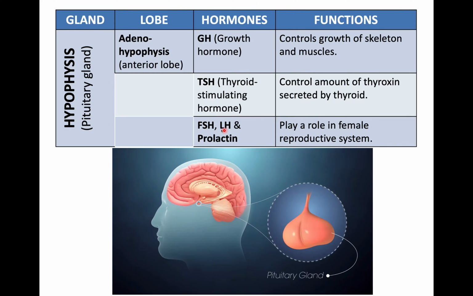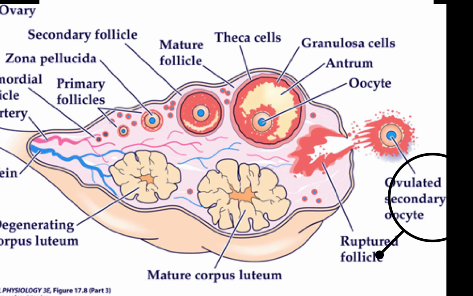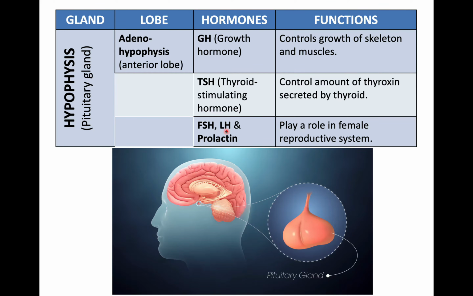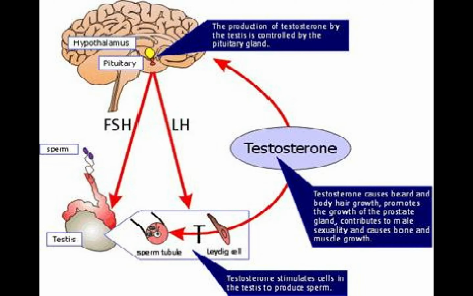Let's move on to the luteinizing hormone. Now learners, in a female, what does the LH do? Very good. The LH stimulates a very important process called ovulation, which involves the release of the secondary oocyte, as well as the development of the corpus luteum in the ovary. Well, in males, it also plays a role because it stimulates the cells of Leydig that are in the testes. Why? So that the testes can start producing the male hormone testosterone.